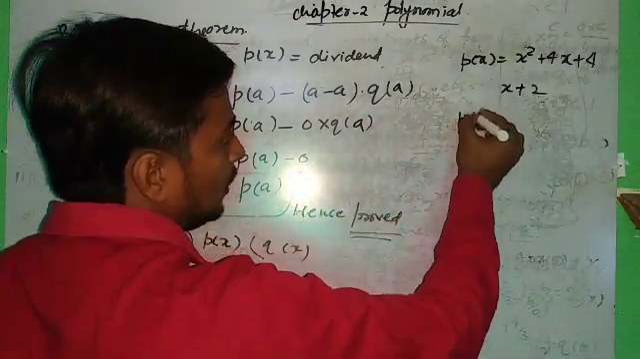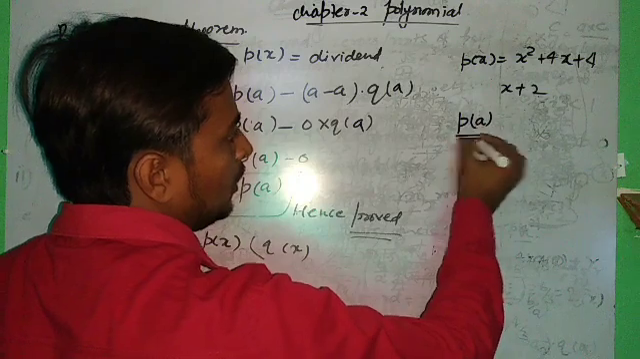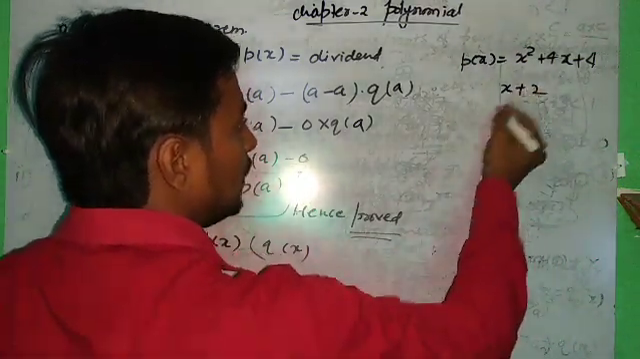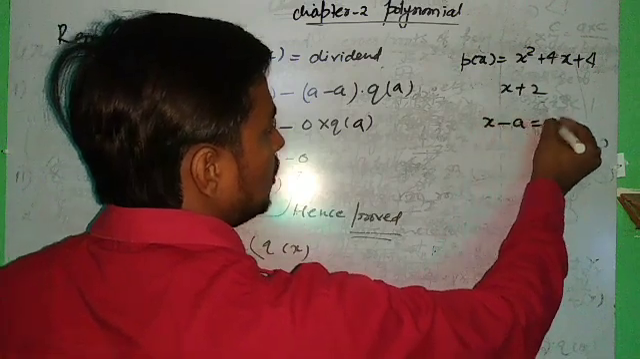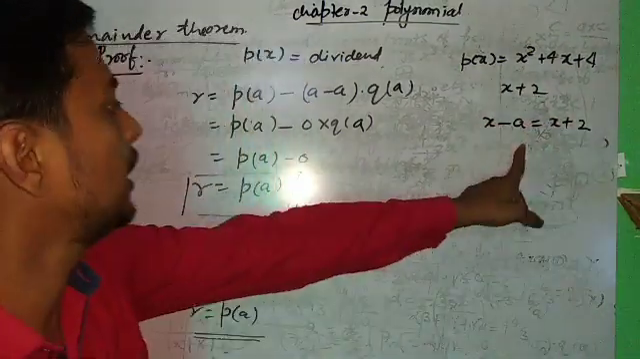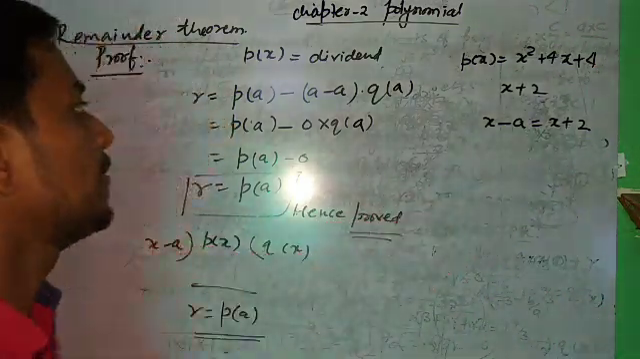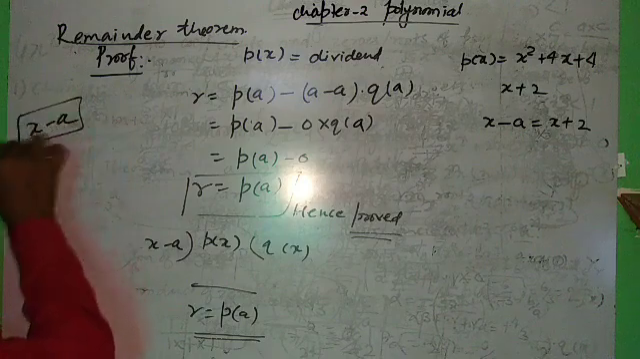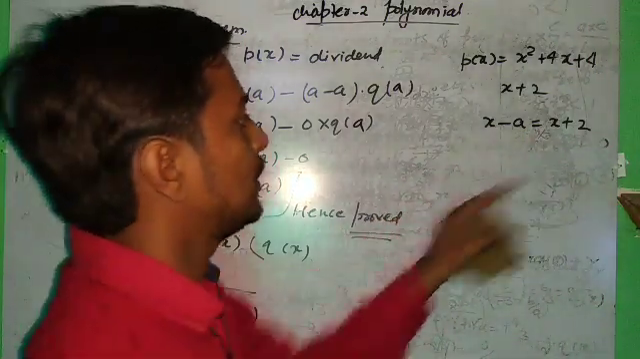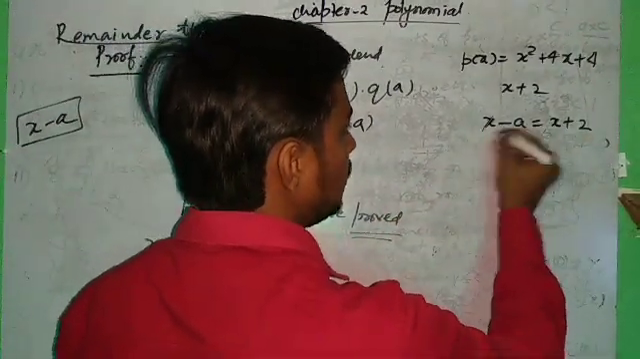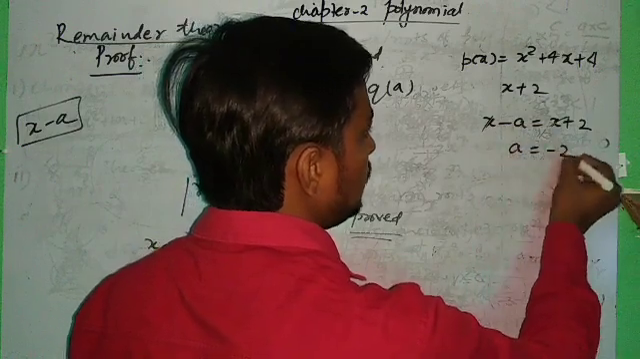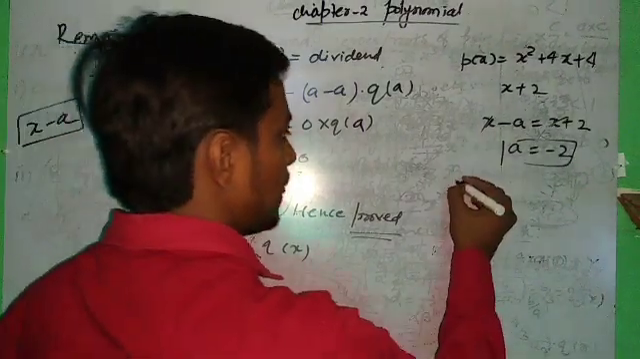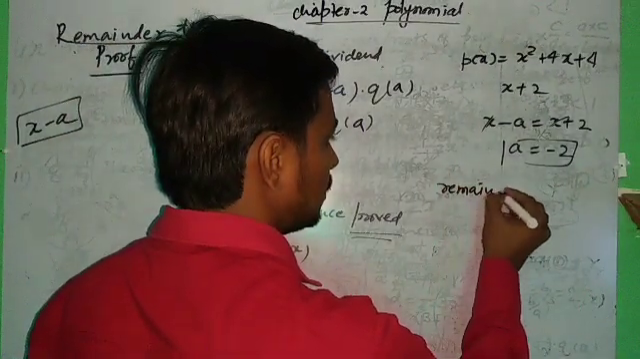So what will be the remainder? P(a) will be the remainder. So first find out the value of a. So what is the value of a? x minus a is equal to x plus 2. We will compare this as x minus a because in our theorem the linear polynomial is x minus a. So x cancels, minus a is equal to 2, or a is equal to minus 2. So remainder is equal to